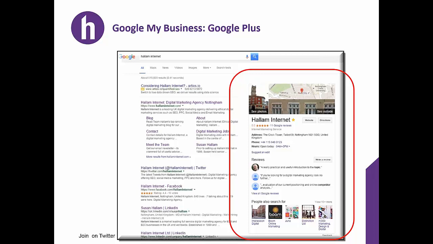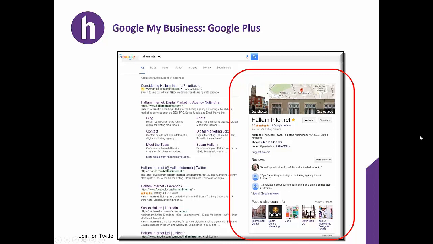What it will also do is display the reviews in their entirety. So you can see that we have 3 reviews appearing here where people are talking about our products and services. If my objective for you today is to have an action plan of things you're going to take away and do, one of the first things you need to do is search for your company name, see if your Google+ appears, and check to see if you have your Google stars. Is the information accurate? If this is not the case, then you need to get sorting out your Google+